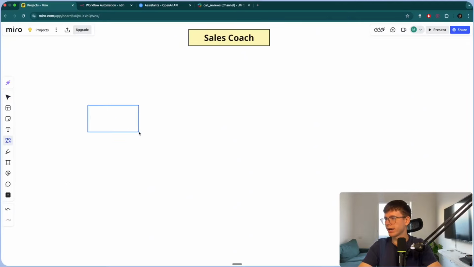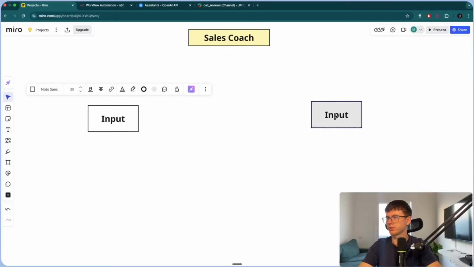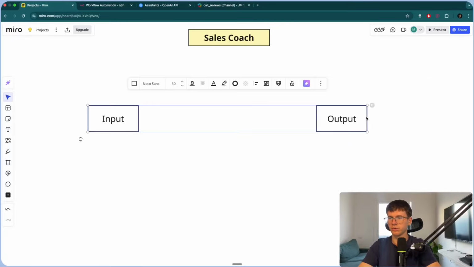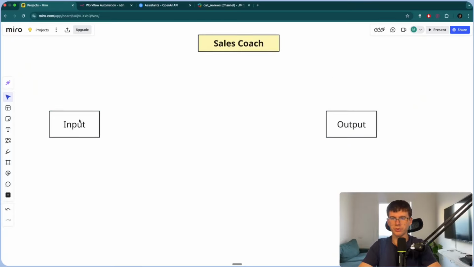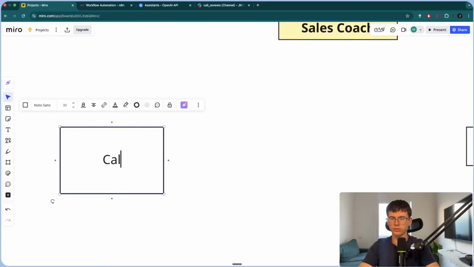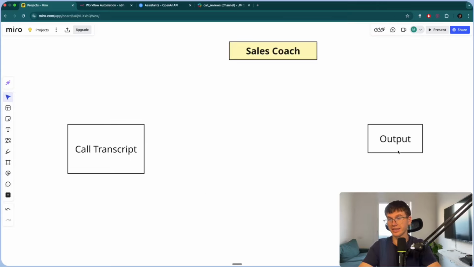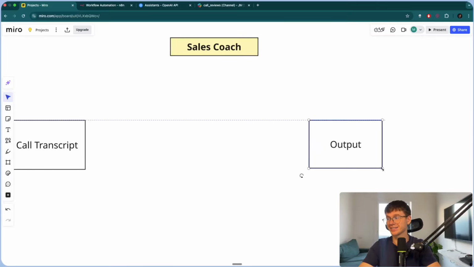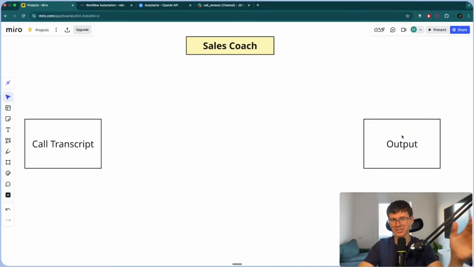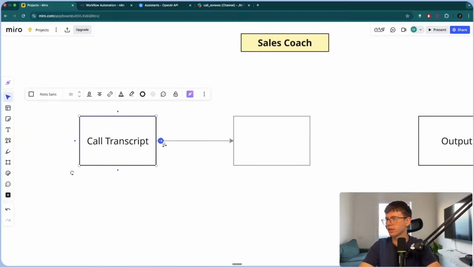So every automation that we build has an input and has an output, right? So the input in this case, let me make this unbold. And by the way, if you're wondering what platform I'm using, it's Miro. Very good. The input in this case would be the call recording or call transcript, right? This is a pretty easy system, I'm not gonna lie, but it is one of the most ROI. And what you'll find is that the systems that are easier to build, that are not super complex with 50 AI agents, are typically the ones that give the business the most value. Okay, so call transcript, which is a transcript of the call.